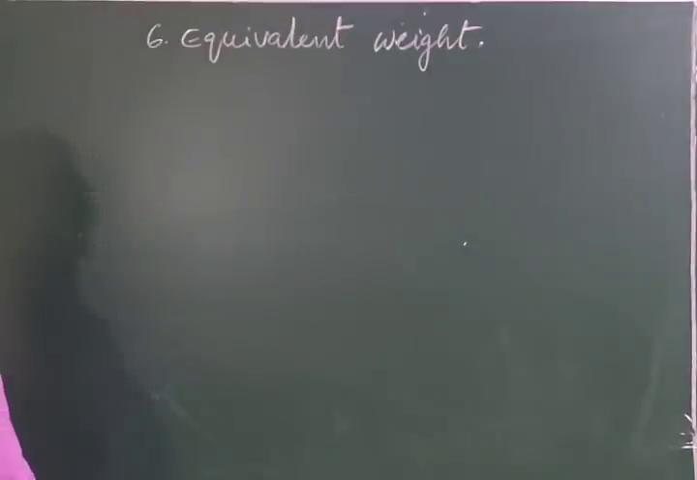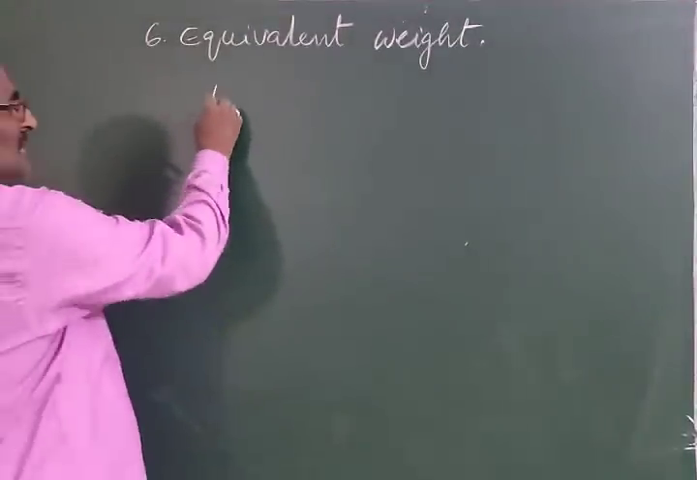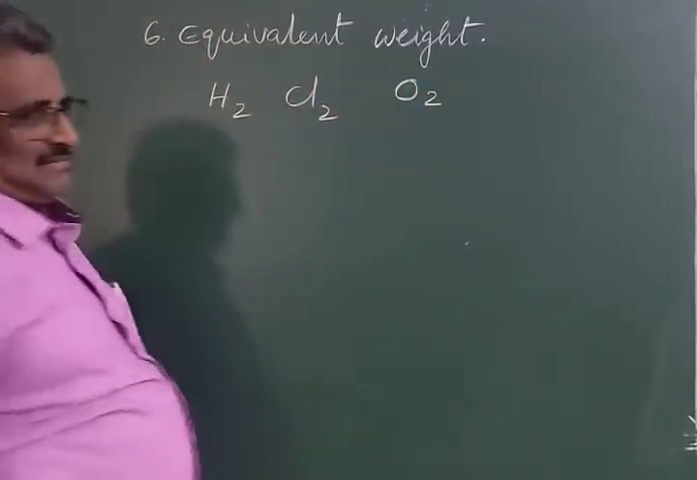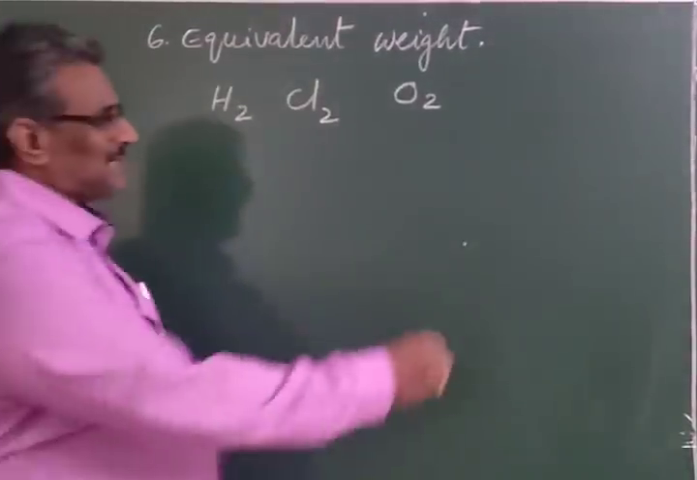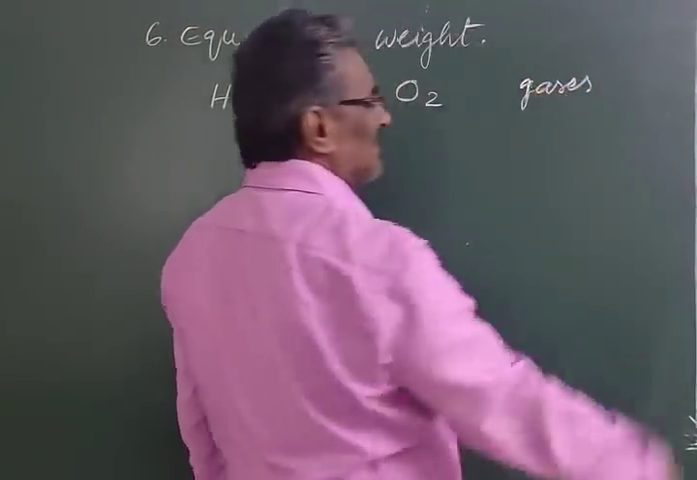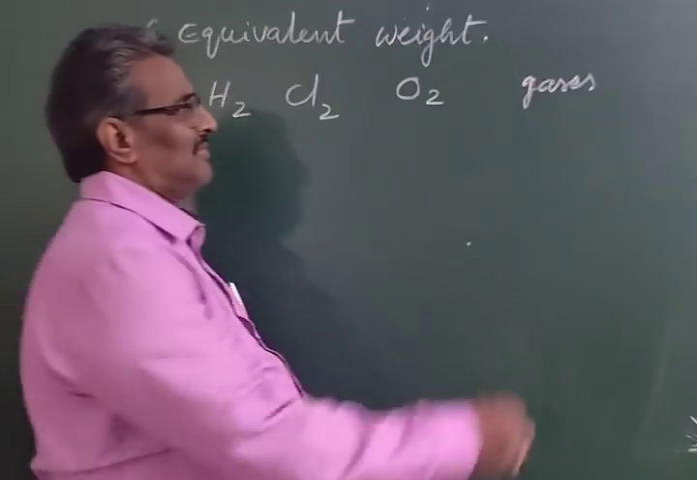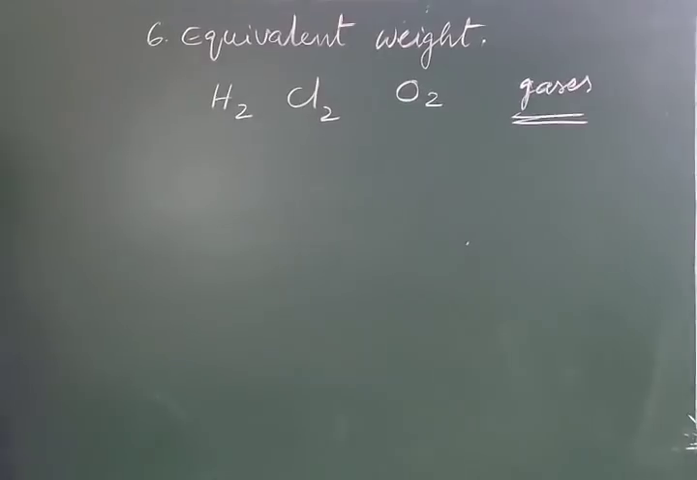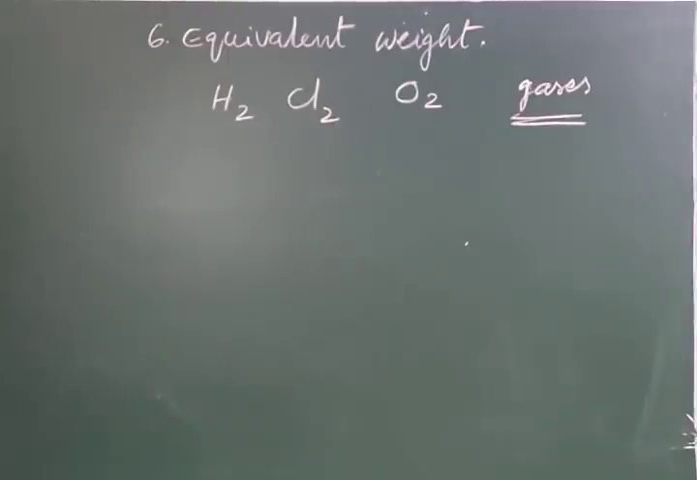The equivalent weight is defined in terms of hydrogen, chlorine, and oxygen. All the three substances are in the gaseous state. So equivalent weight can be defined in terms of volume of these gases also. You know that 1 gram molecular weight of any gas at STP occupies